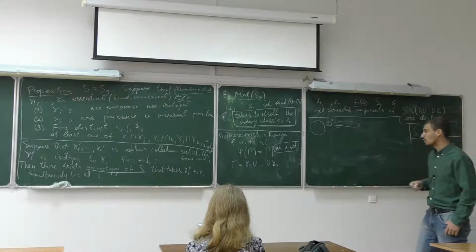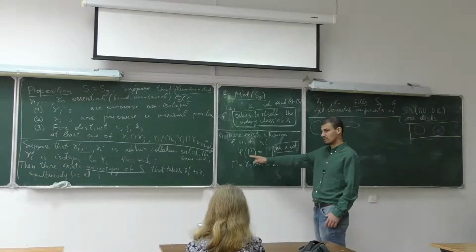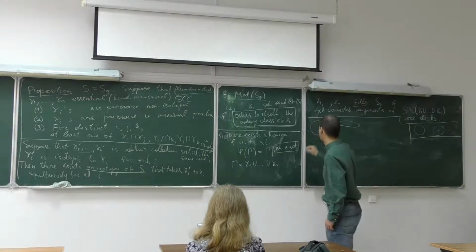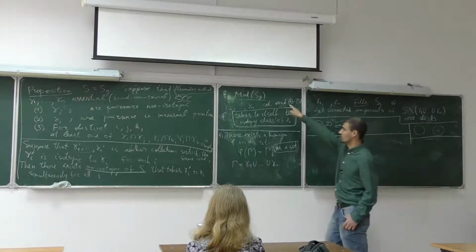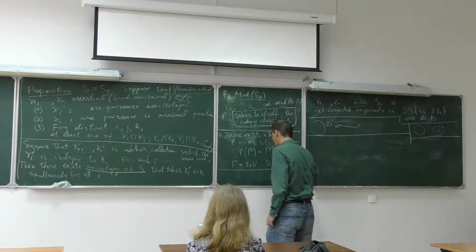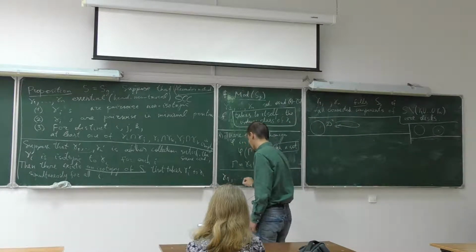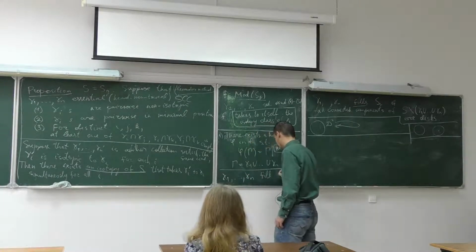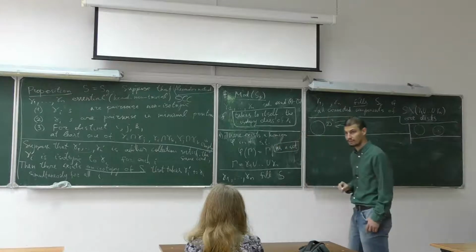Hence, we know that this phi stabilizes gamma as a set, and suppose we add to all these assumptions the assumption that gamma 1, ..., gamma n fill our surface. Then